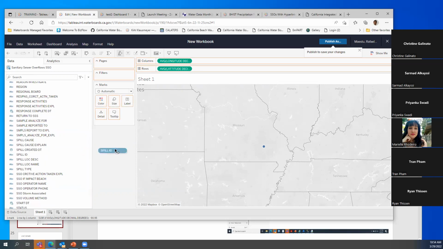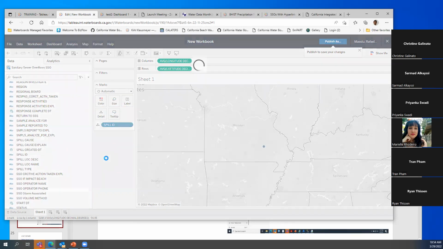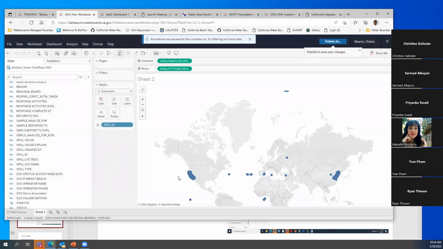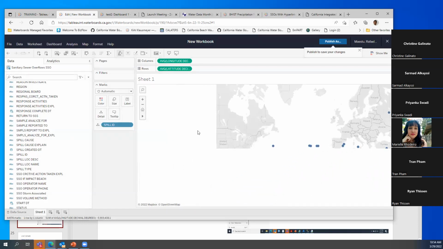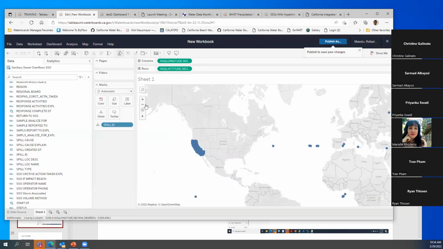Spill ID, I'm going to put this in the details. So now you can see that a lot of this data has problems, because the latitude and longitude have the latitude as a positive number, so it should maybe be a negative number. But this is a way of starting to look at the data and seeing these issues that we have.